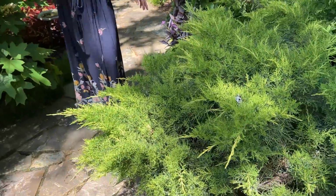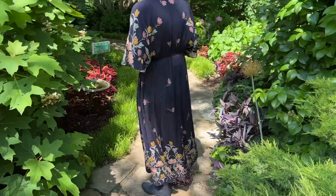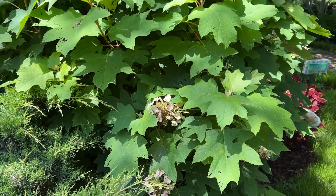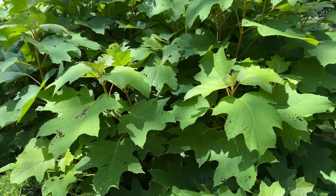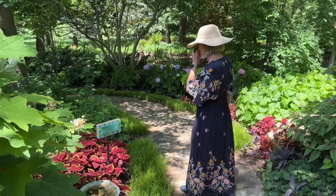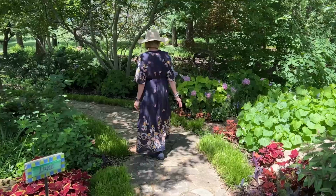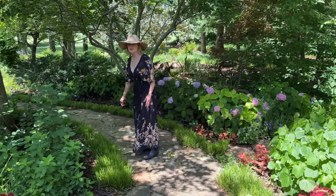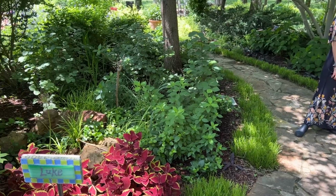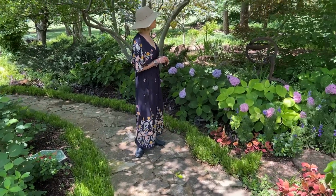And then she's got some of her trademark oak leaf hydrangeas in here, because she, like me, as she's progressed over time, is more interested, I think, in blooming shrubs than in just masses and masses of annuals, though she has lots of perennials. If you come down this way, you see there's a repetition of the same color of Coleus, of the pink hydrangeas, and then she also has,